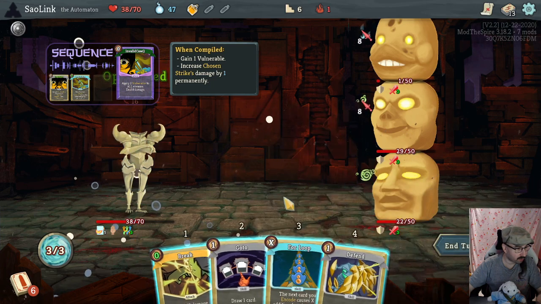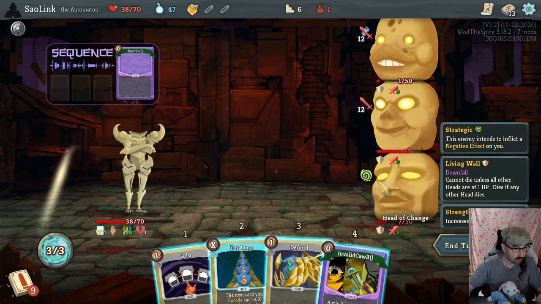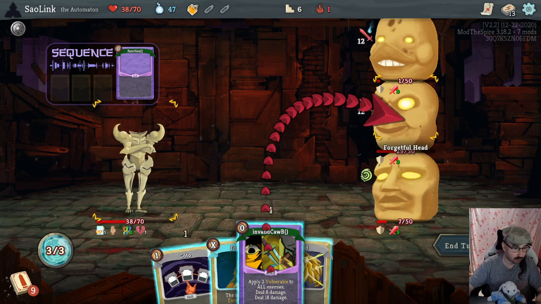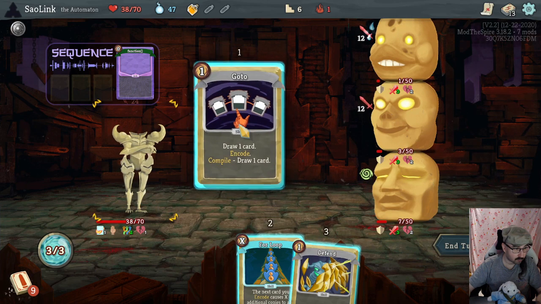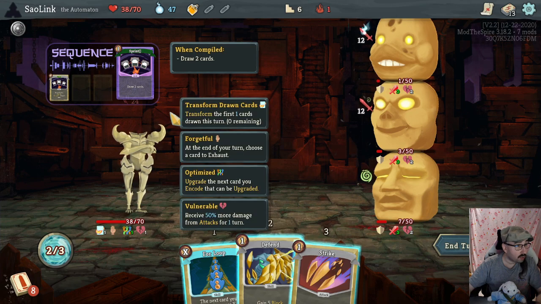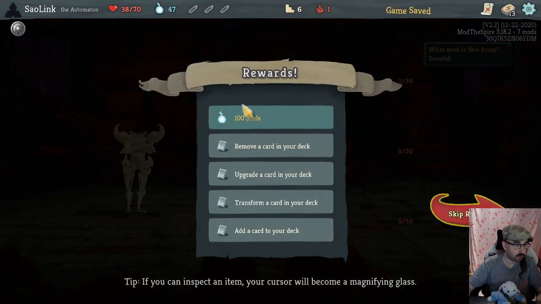Sure, let's play another optimize. Break. Maybe I should have used the for loop on the break. Then I would have lethal right now. Yeah, that was a mistake. But we have the explosive potion, so...